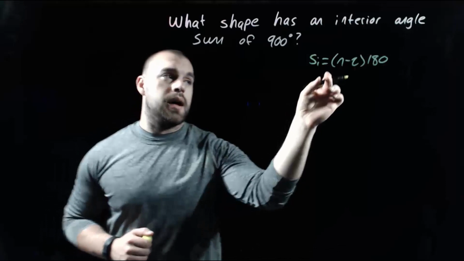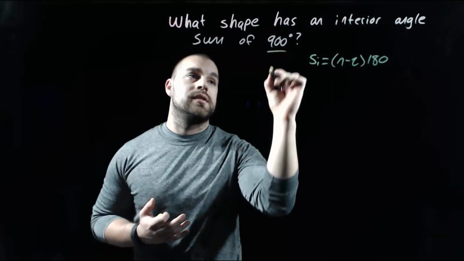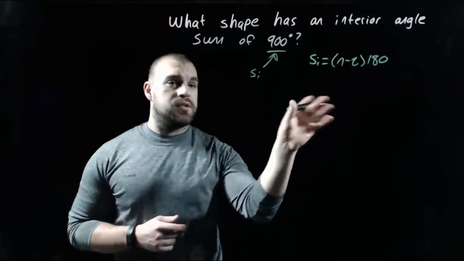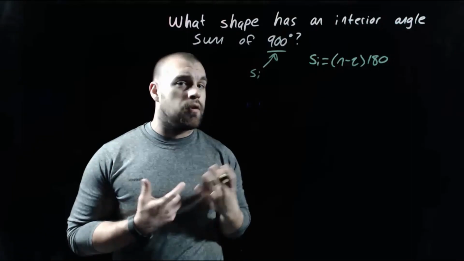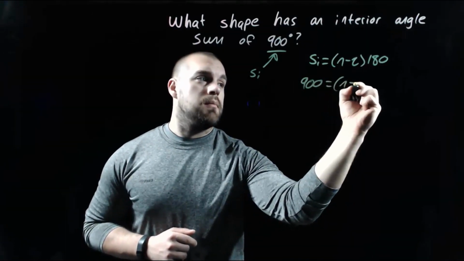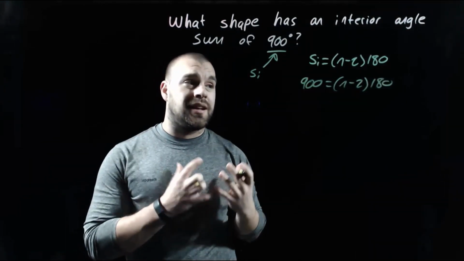So we've got the S sub I equals n minus 2 times 180. Well, if we're given an angle sum, that represents the S sub I value. So we're going to do some substitution. We're going to plug in that 900 for the S sub I. So we've got 900 equals n minus 2 times 180. And what we're going to do is work on solving to get n all by